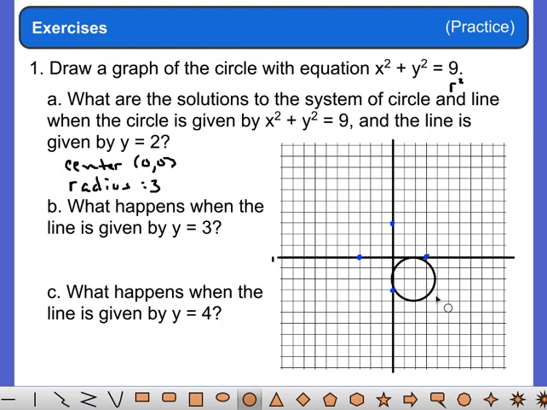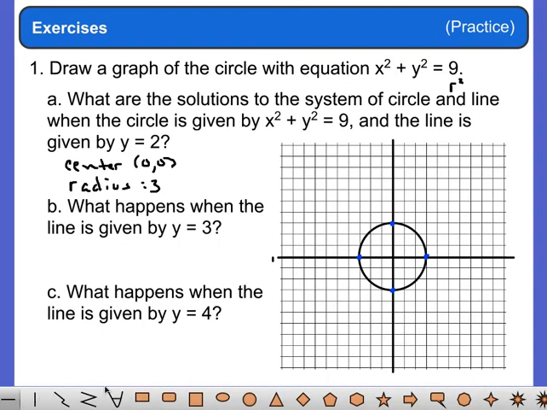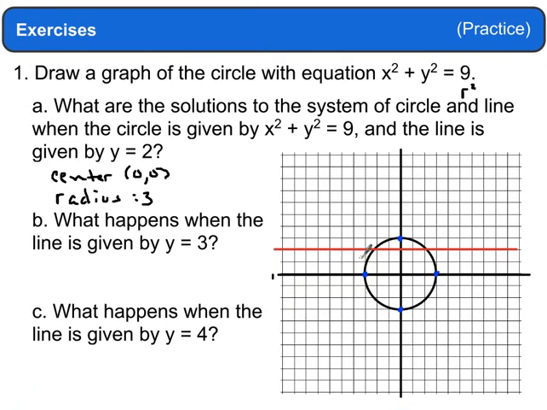So it's approximately 3 in every direction. I'm going to recenter this. It needs to go a little bit larger. There we go. That would be our circle with a radius of 3. And the line y equals 2. So the line y equals 2 is actually a horizontal line at y equals 2 right here. 1, 2, and that goes across right there. And so by doing that, we can see that the intersection points are here,